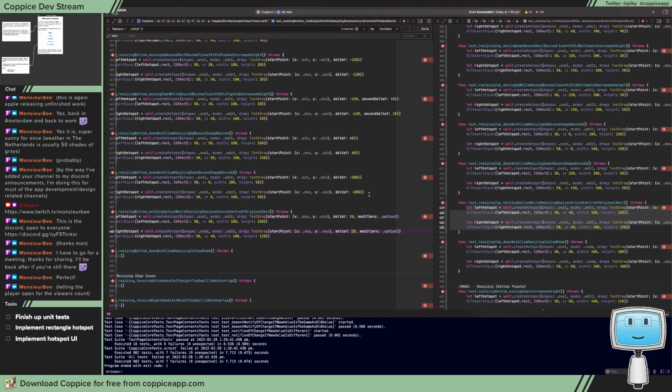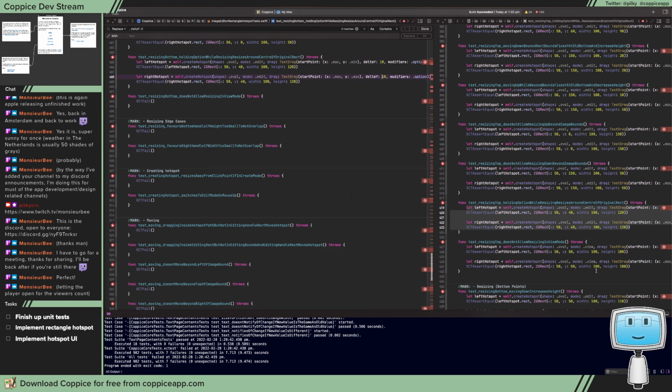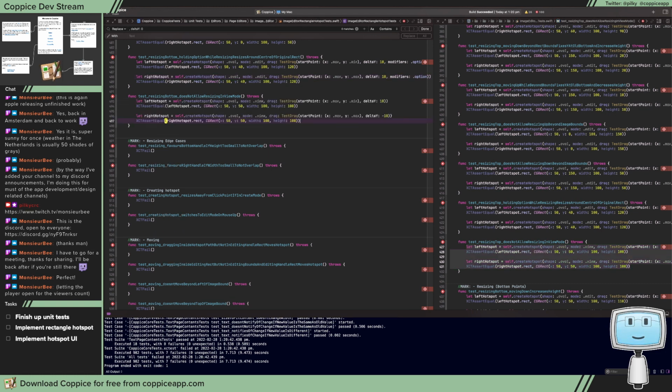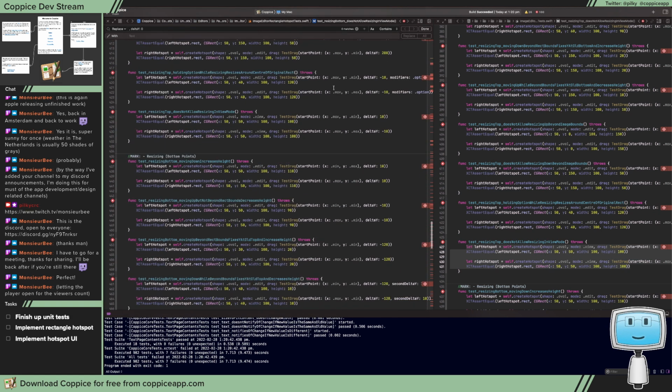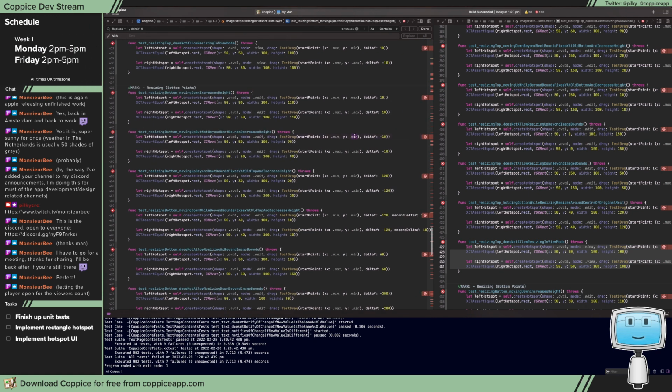Size down, holding option. That should give the same rectangle there, and then finally if we do it with view, that should be okay. And then what we need to do is change all the